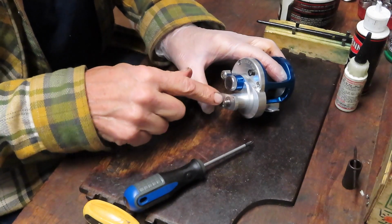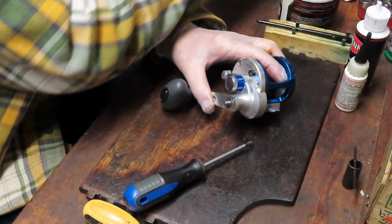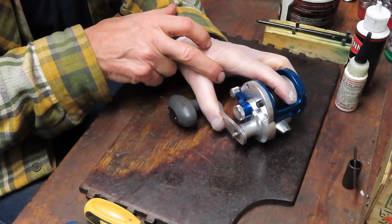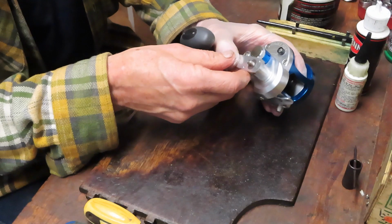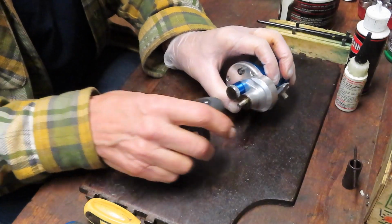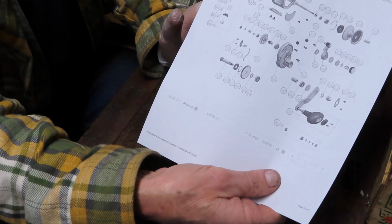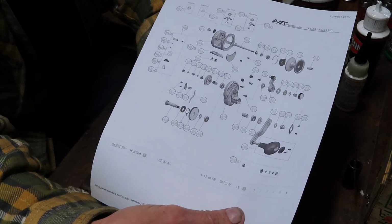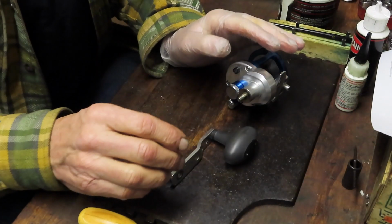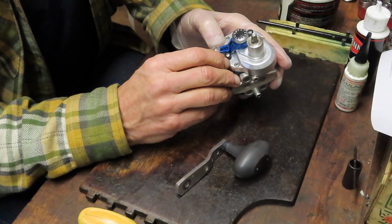So we took a little retainer clip off of the handle nut. Now we can take the handle cap off, and we're going to put that in a tray. You'll also notice that I'm wearing a protective glove. This is just a basic latex glove, and that enables me to keep a lot of the grease and grime and dirt and junk off of that. So I don't do this just out of curiosity. I always try and pull the schematic of the reel. Just go online and you can find them. I think I got this one from reelschematics.net or .com,